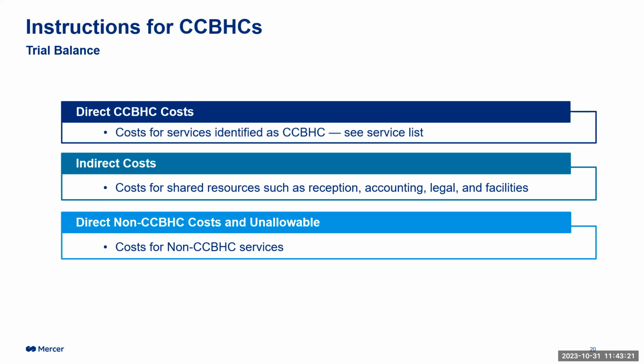This is the administrative, accounting, legal, facilities, rent. These are the admin costs of the organization that are going to get allocated to the CCBHC program on another tab of the template. And then finally, there's a direct